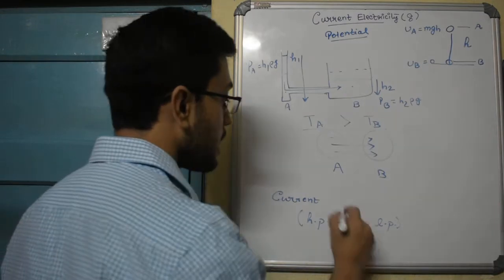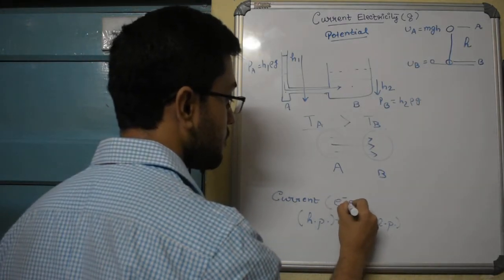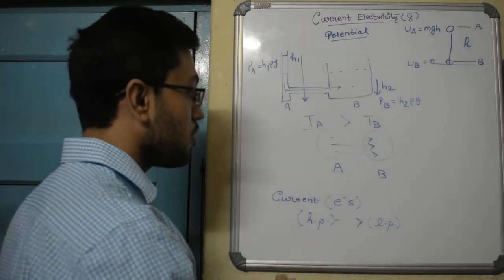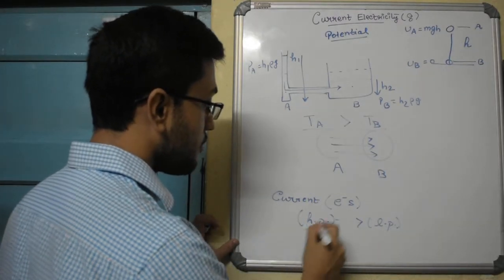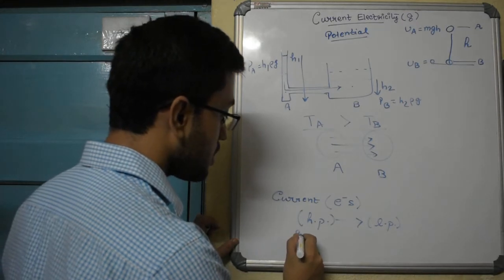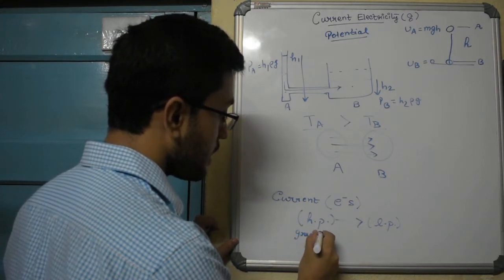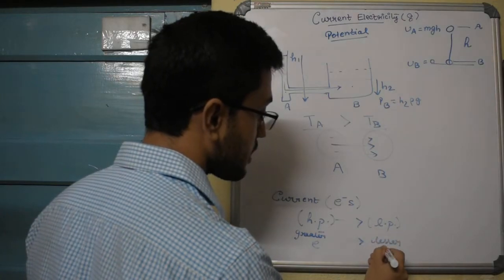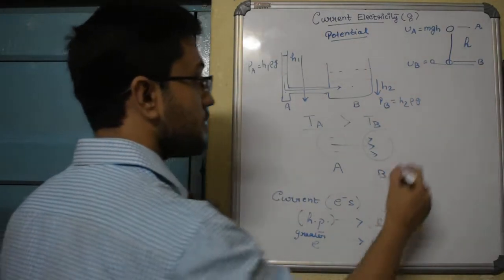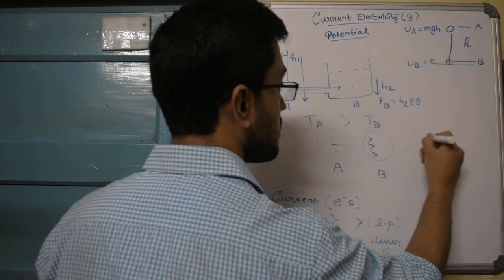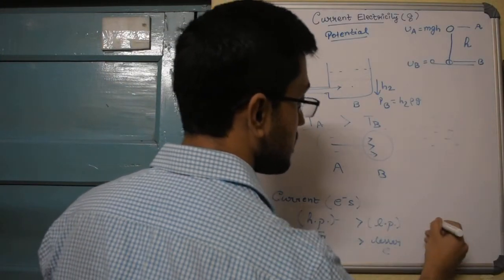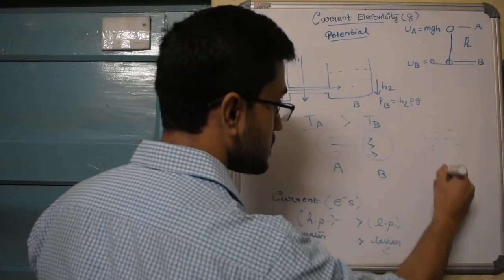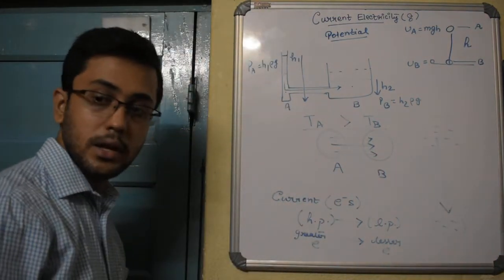Now we know that current is basically nothing but flow of electrons. It is electrons who carry the charge. So that means current flows from an area which has got a greater number of electrons to an area which has got a lesser number of electrons. So if there are say more electrons here and there are say less electrons here, electrons will flow from this point to this point. That is how electrons flow.